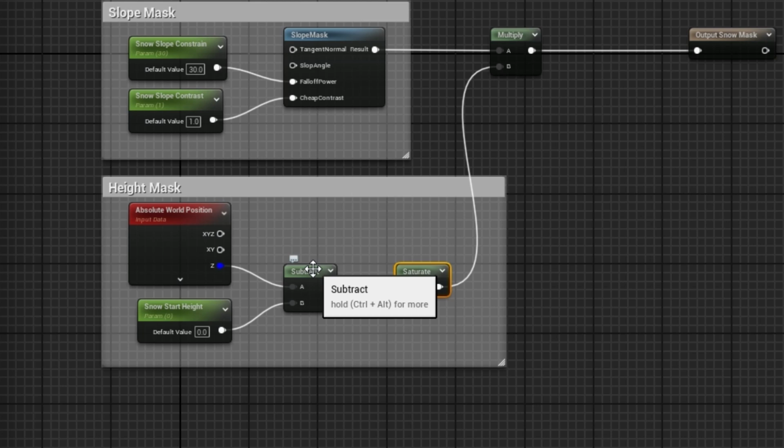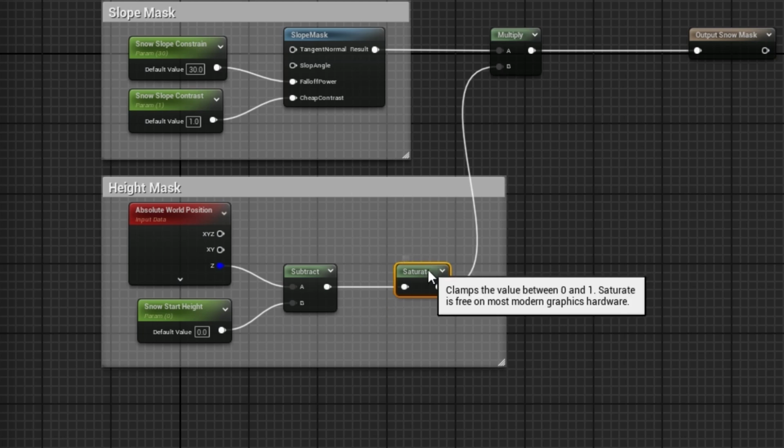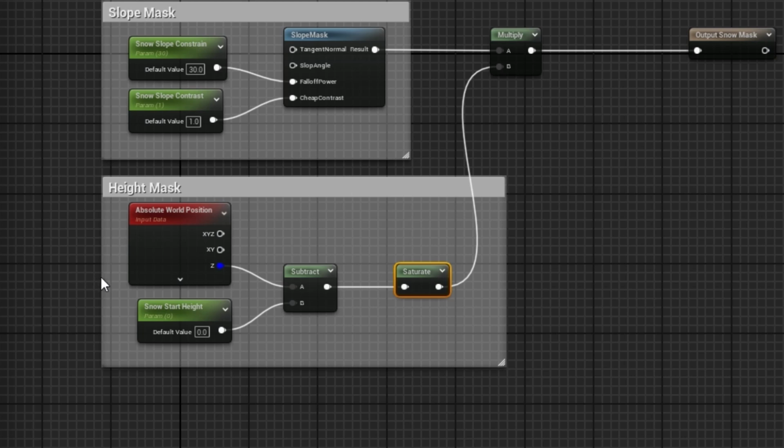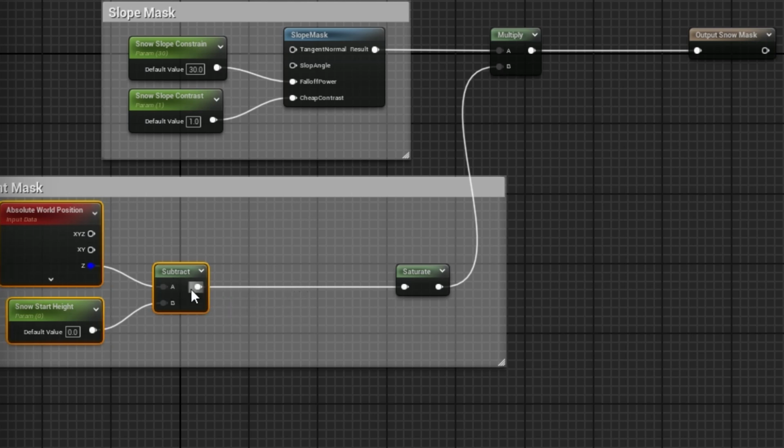So what we could do is divide the output of this by a number in order to make the 0 to 10,000 appear within 0 to 1. Say if we divided it by 10,000 in that example, it would make the 10,000 coordinate here 1 and the 0 coordinate 0, and we'd effectively be blending or transitioning from 0 to 10,000. So hopefully that's not too confusing for you. Nearly confused myself there. But after the subtract, we do a divide,